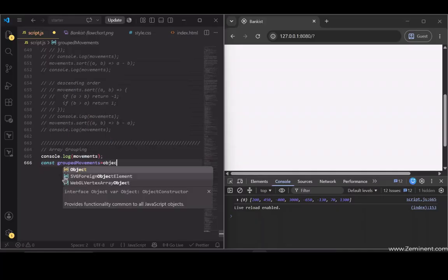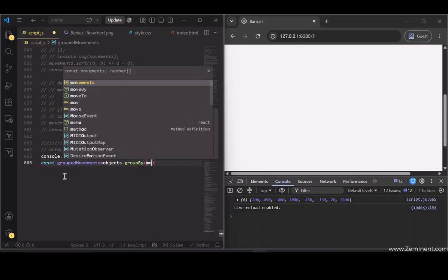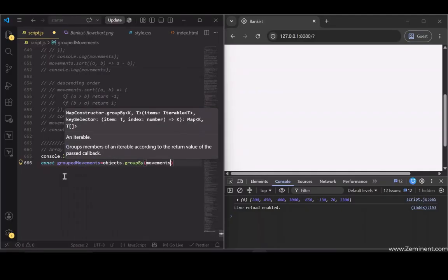Object.groupBy of movements. So first of all, here we did not use a method, but instead we wrote Object.groupBy. So that is very different from what we did earlier, where all the different array features were actually methods called on arrays. So here it is important to keep in mind that we do array grouping by doing this